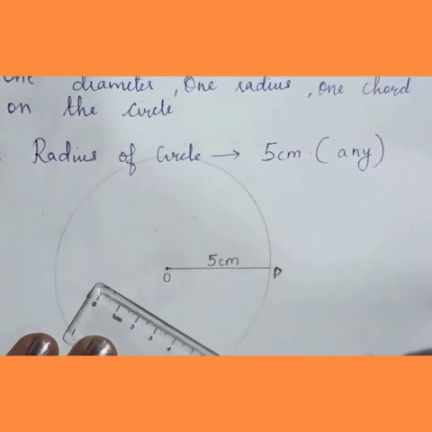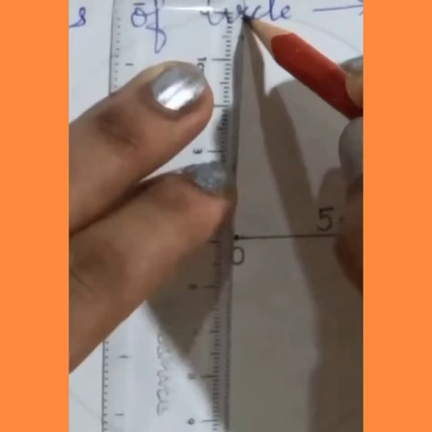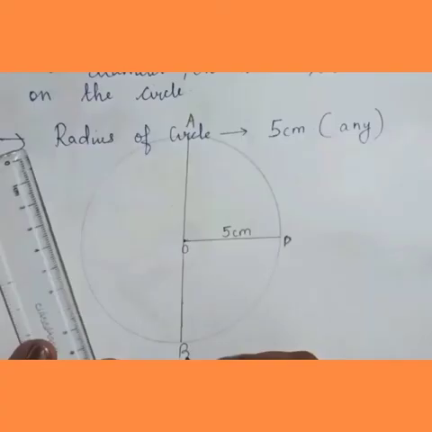Now I am going to draw the diameter, because in this question they already say show one diameter. And you know that we can draw anyhow. It means it can be straight or it can be slant. Anyhow you draw the diameter. So I prefer to draw like this. Pass it through the center of the circle. This is my diameter, where I name them A and B.